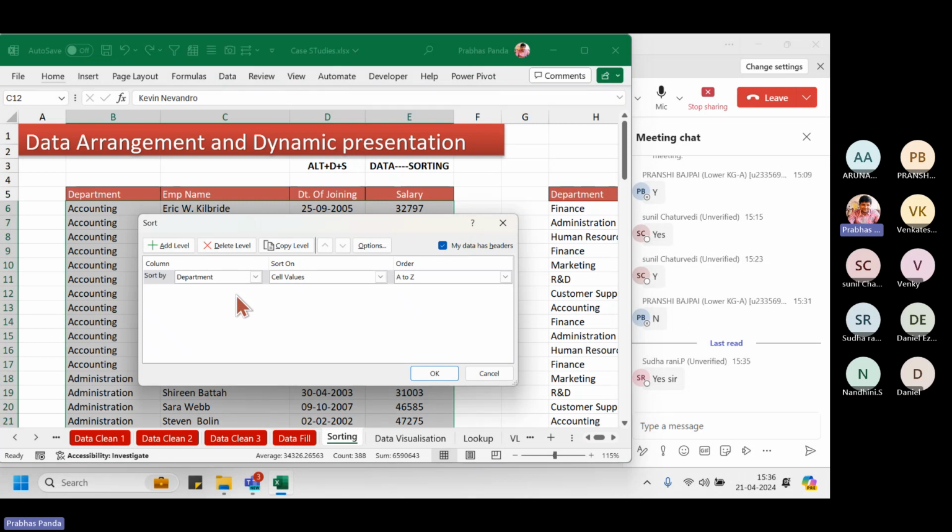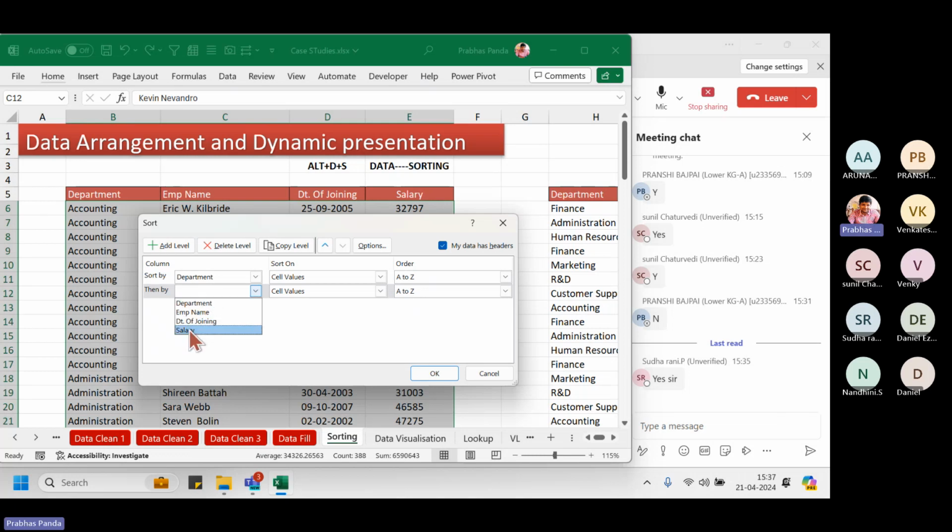Can you see our department-wise sorting layer is already displayed on the screen? So we don't need to touch that. We don't need to tamper with it, modify or change this. Simply go to your top left corner. There is an option called Add Level. When you click Add Level, you will find one blank layer turns up on the screen. And in this, you can go to the drop down